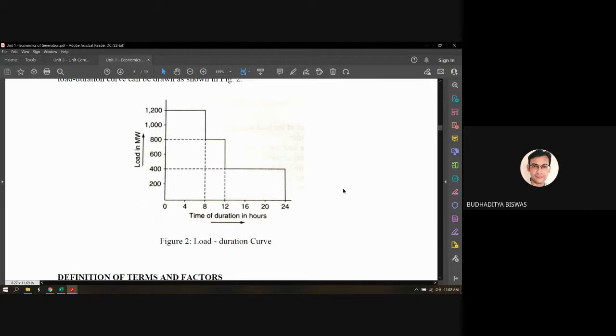Similarly for the 3 also. So which unit will be committed to generate the electricity to meet the load demand of 400 megawatt? This study is there in the unit commitment, because every unit is not identical. Sometimes to run the first unit, more cost is there. Sometimes the starting cost of unit 1 is very high, or the running cost of unit 2 is also very high, like this.